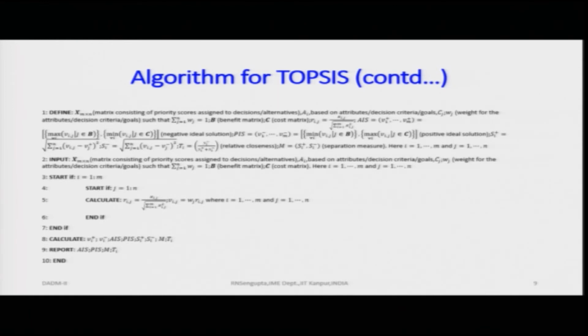So, we will define a set X, which would be the matrix comprising the so-called utility. Listen to this fact very carefully. X would be a matrix of size m cross n, m as in mango, n as in Nagpur. Why is it m and n?